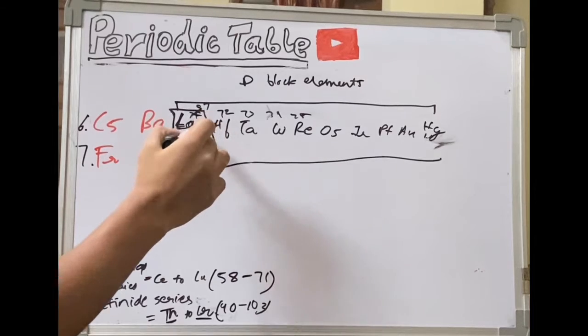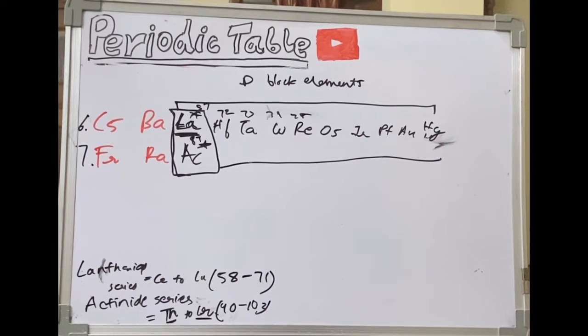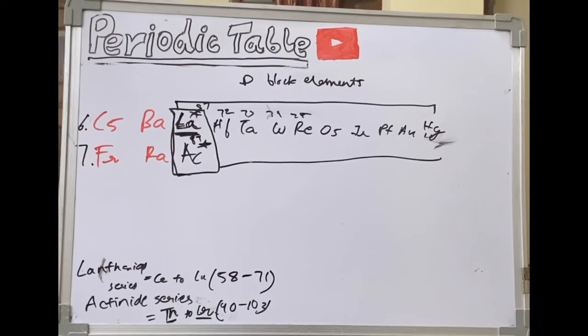Just remember these atomic numbers, they are very crucial in your exams. The reason they are placed together, or have a respective series of their own, is because they have nearly similar properties. Their atomic radius doesn't decrease that much. It does if you put in all the 14 elements and compare the first and the last one, of course it does, but not that much. There is a reason behind that also.